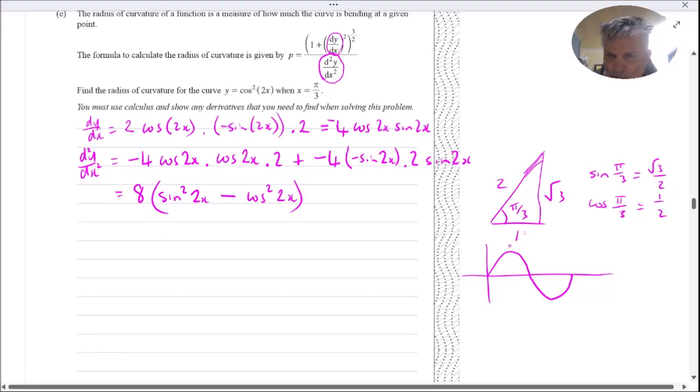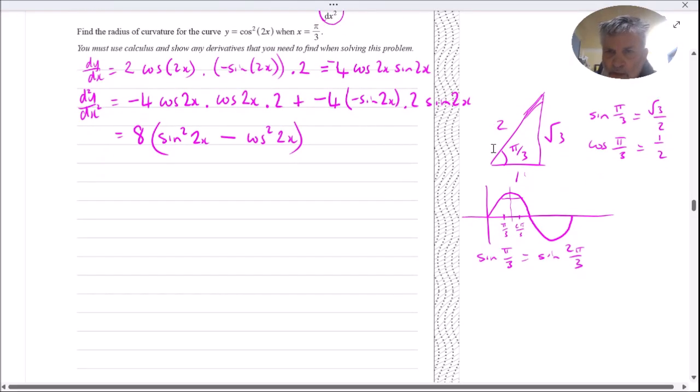This is sine. Pi over 3 is here somewhere. 2 pi over 3 is here. The sine of pi over 3 equals the sine of 2 pi over 3. If you're unsure, you can do that on your calculator. And similarly for cosine,